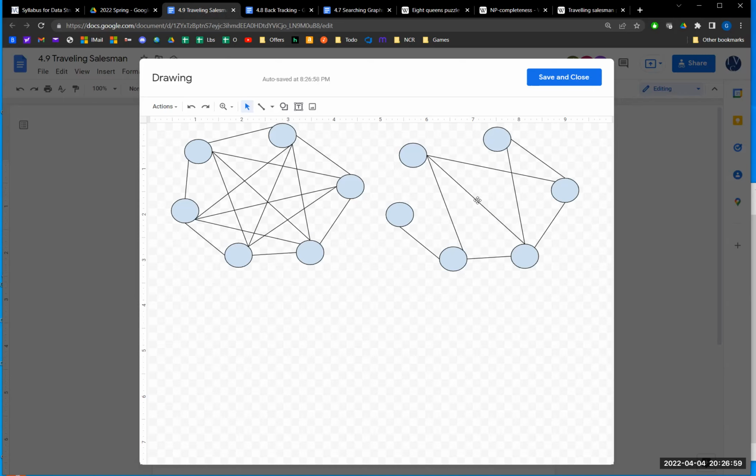Still have things connected. That guy there. And okay, there we go. 1, 2, 3, 4. 1, 2, 3, 4, 5. Yep. All right, so say that's our spanning tree. So what we could do